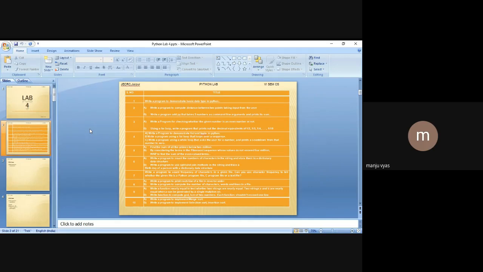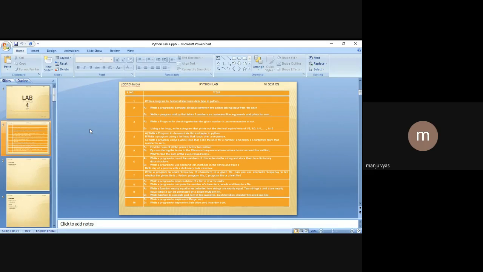Then we discussed the first experiment, that is, how do we take input from the user, the basic syntax of taking input from the user, and how do we do simple calculations like subtracting or taking square root or all basic operations. Again, we discussed how do we check whether a given number is even or not, right? So the first, the second, and the third program comprised the basic operations. I hope these three programs are clear to everyone, and you must be ready to learn the new concept of Python, which is a part of experiment number 4.